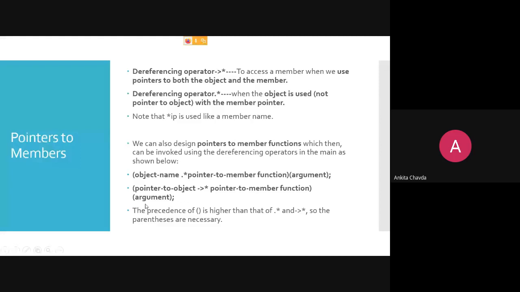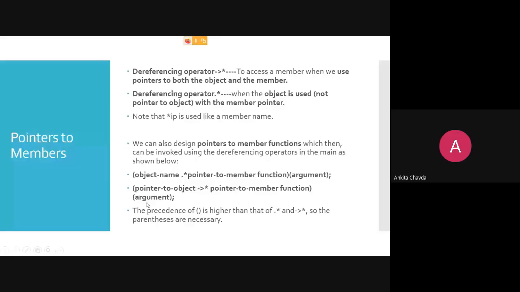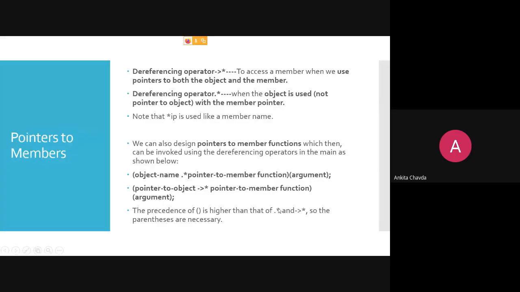Here you have a pointer to object, this arrow star pointer to member function, and the argument. But we write this in parentheses because the precedence of the parentheses is higher than the dot star and arrow star. So the parentheses are required at that time, right?